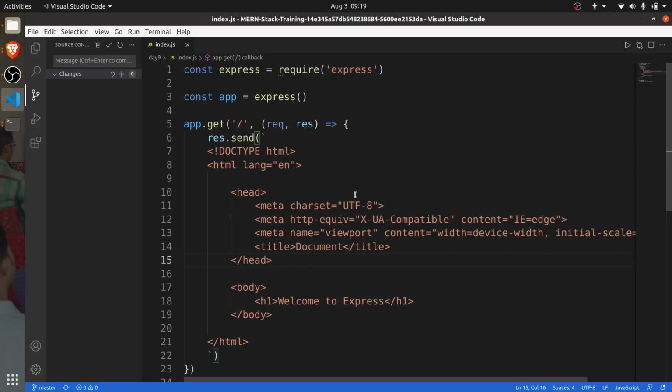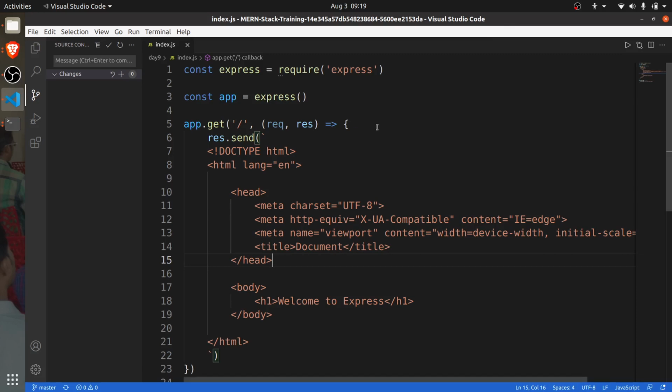If you have mydomain.com, forward slash is the root of every path, like mydomain.com/admin, mydomain.com/dashboard, mydomain.com/login, /register. And what if someone just hits mydomain.com only? You'll get this page, this HTML.